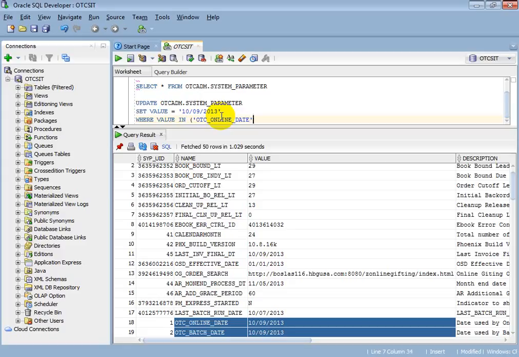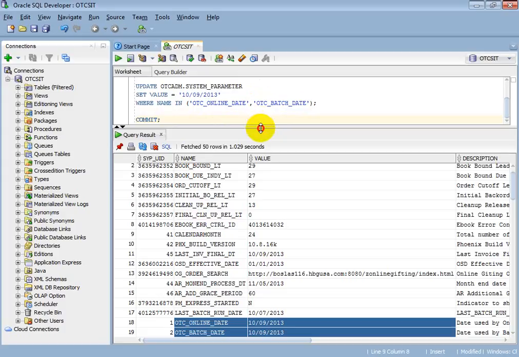It's name, right? It's name. OTC batch date. And once you execute this query, you have to again execute the commit statement.